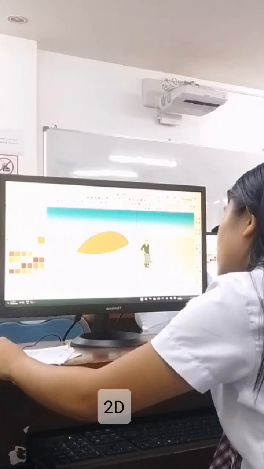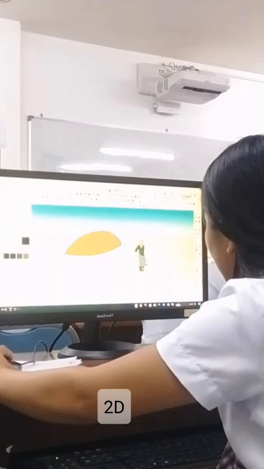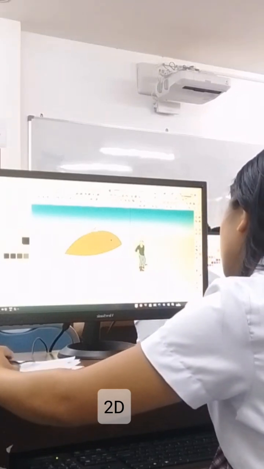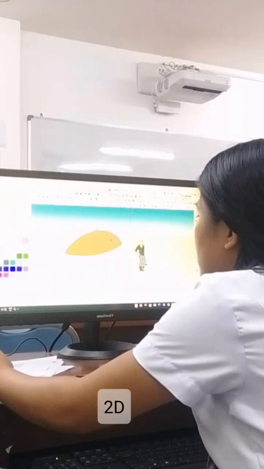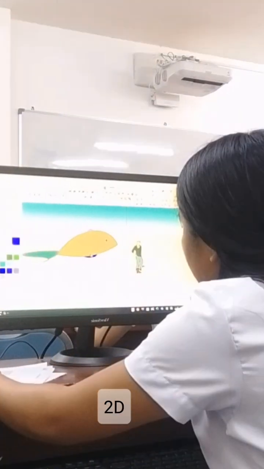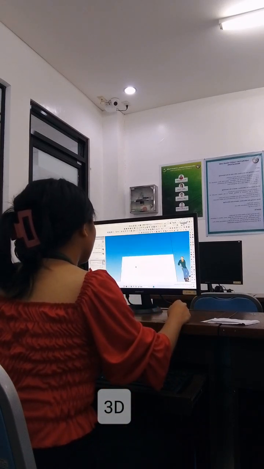Our next video, I'll show you how to create 2D in SketchUp. First, click the 2D arc tool and start to form the body of the fish. By endpoint, draw a tail and also eyes, and then you're ready to design and add color to your output to make it presentable and beautiful.